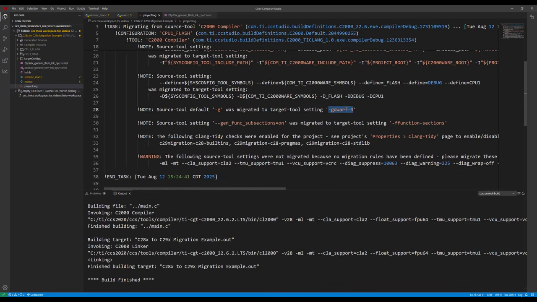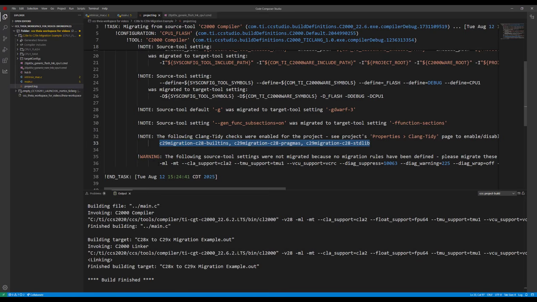The following Clang tidy checks. I will be talking about Clang tidy. All I want to mention right here is if you want to know what are the checks that were used during the automatic migration, you can come see it here in the project log. If you want to come back to this, these are the ones that were used at the time of the automatic migration. We'll be doing more with Clang tidy here in a little bit in part 2.